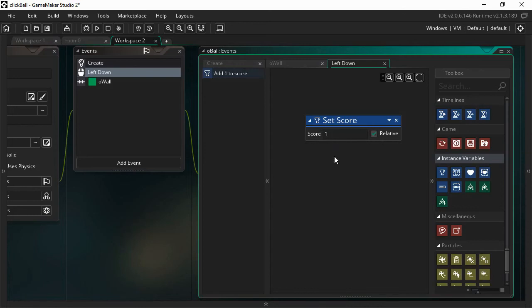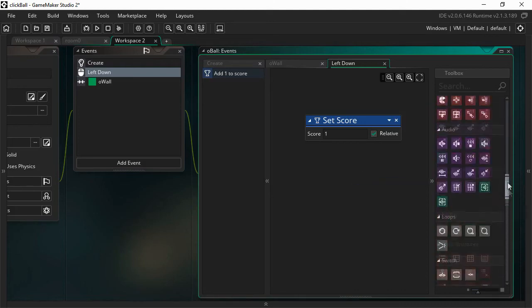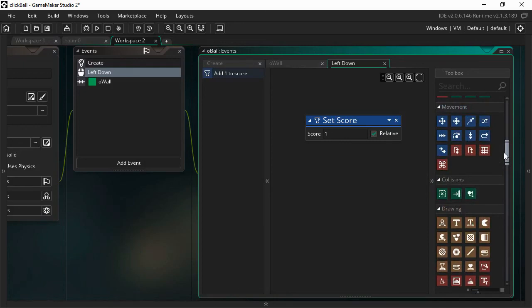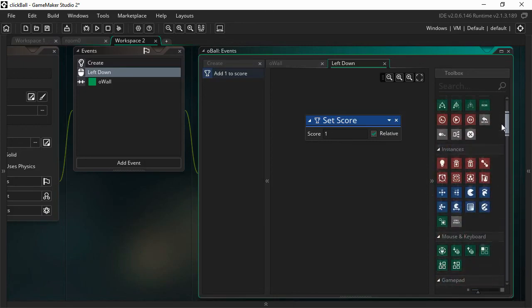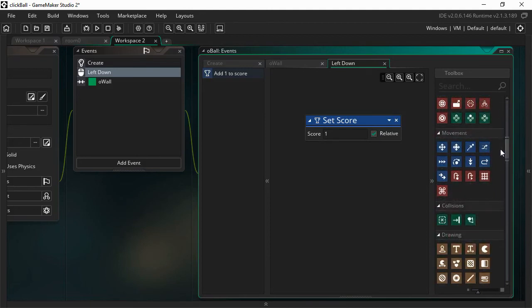To make the game more interesting, when you click on the ball, you would want the ball to change position, to jump to another point in the room. So that means movement. So we go to the movement cluster or group here, and we find the jump to a point. We drag it over here and we say jump to a point. But which point is it? We know that the room has got a width and a height. So anywhere in that room from 0 to 640. So to a point X,